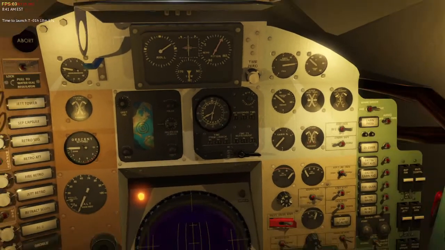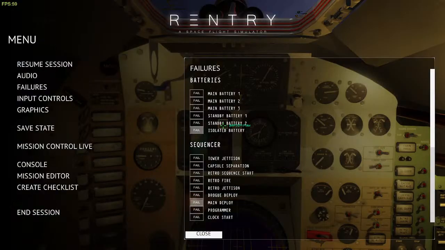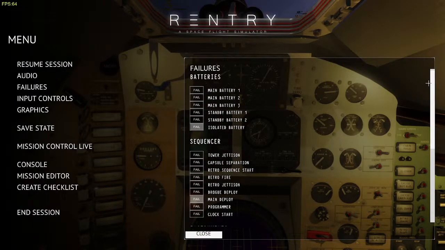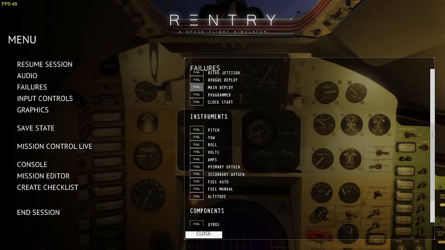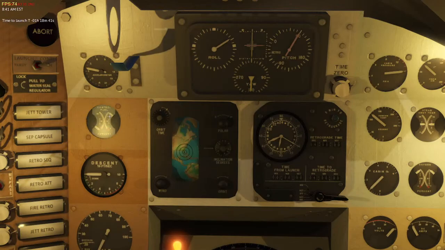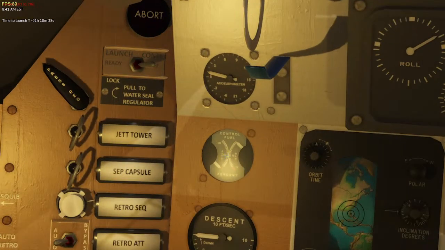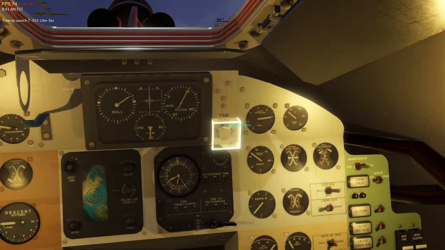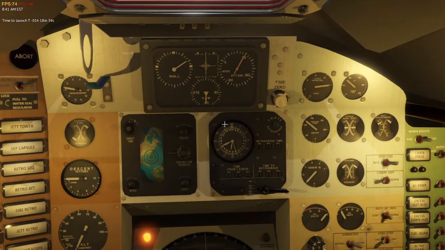Taking a look at indication. Now, we'll go over to sequencer later, but taking a look at instrumentation, we can fail, for example, fuel auto. We can see the meter has dropped dead. It appears that we have 0 fuel. However,